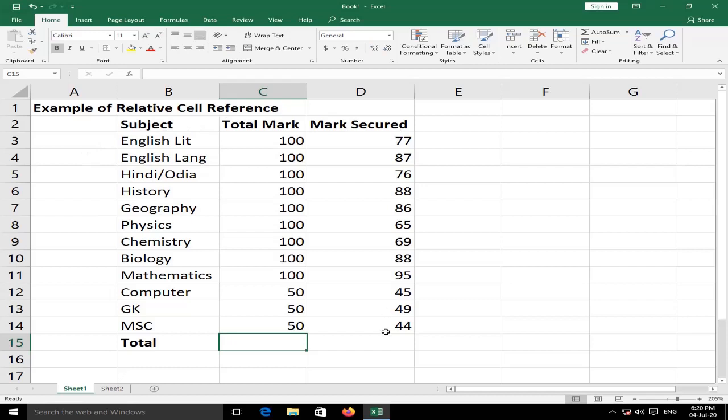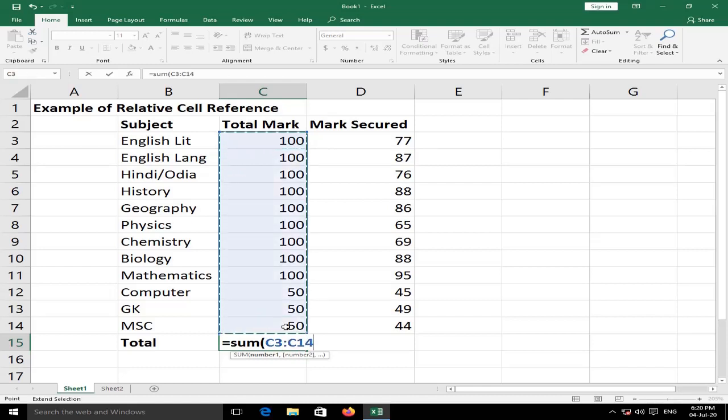I have created a data sheet: subject, total mark, mark secured. Now here we will find the total by using a formula. So SUM, then open bracket, then we will select the range, first cell, then colon symbol, last cell, then closing parenthesis, then Enter.